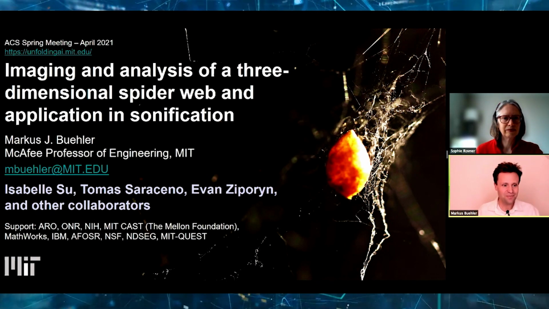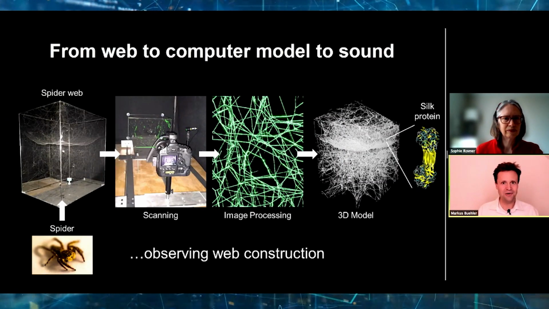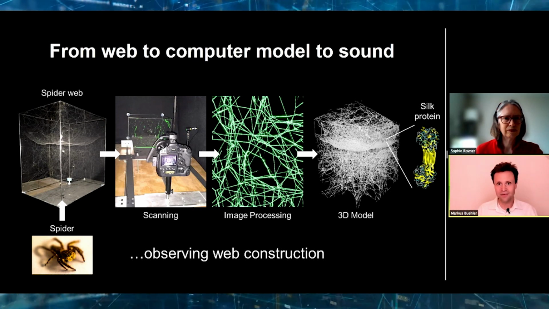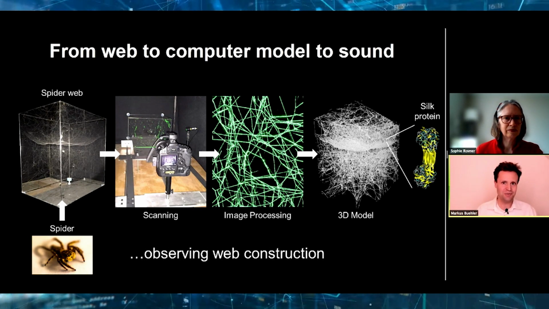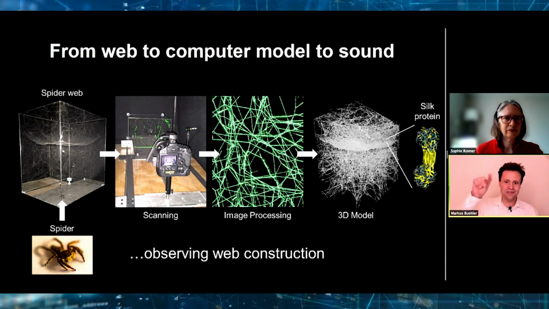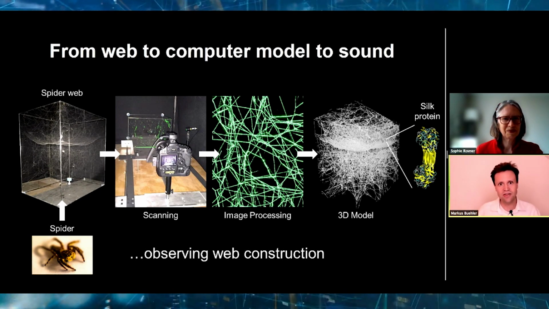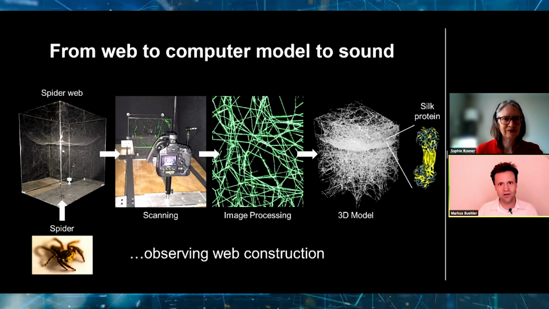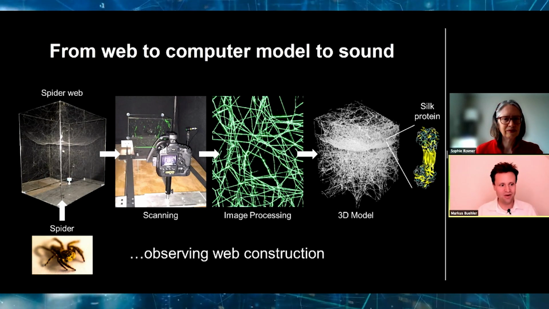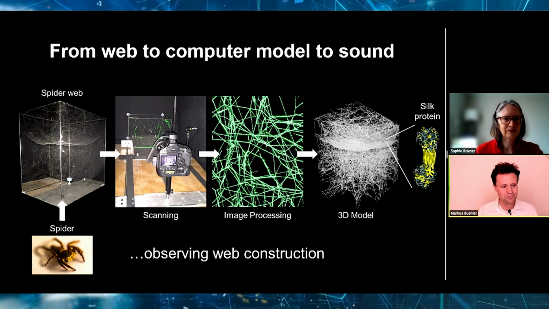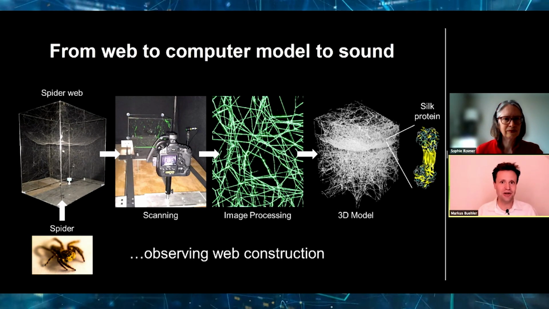Next slide, please. So as you can see on the very left on the bottom, we begin by looking at a spider. And spiders, as we all know, build spider webs. Now, most of us are familiar with the two-dimensional spider webs, the orb webs, which are basically these spirals that you would draw if I would ask you to draw a spider web. But it turns out that most spiders that live in this world actually build three-dimensional spider webs. And those are seen on the image a little bit above the spider. So those are the kinds of spider webs that most spiders build, and these are commonly also referred to as